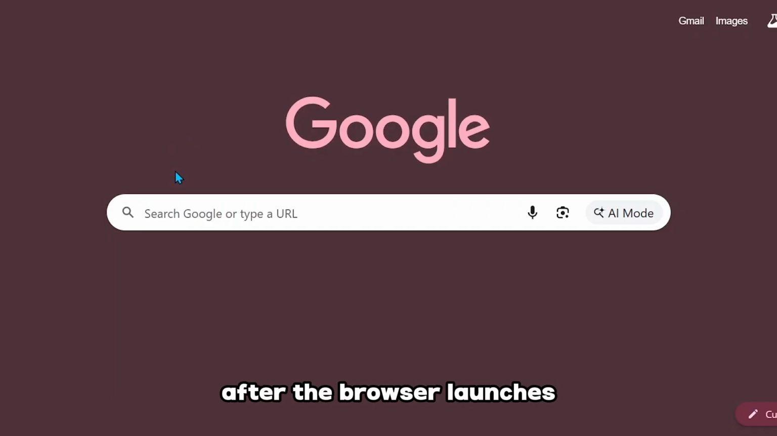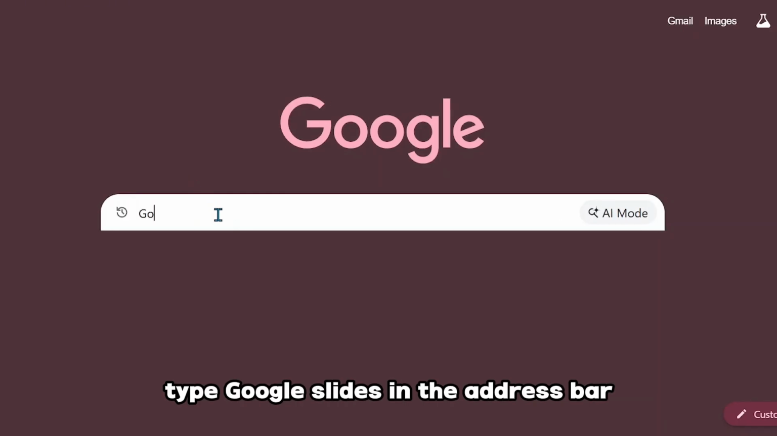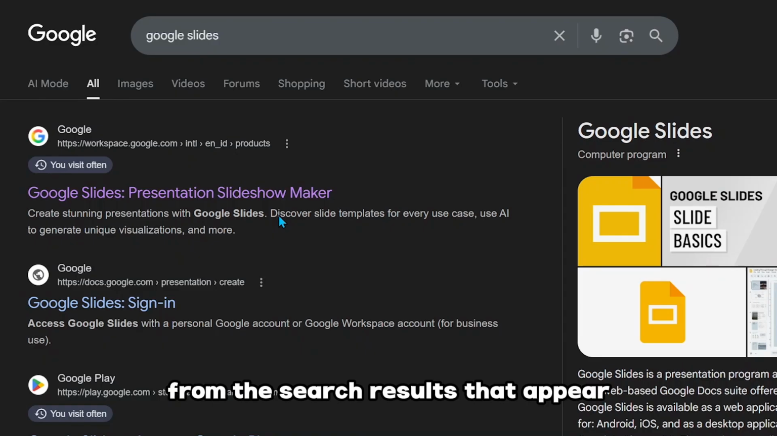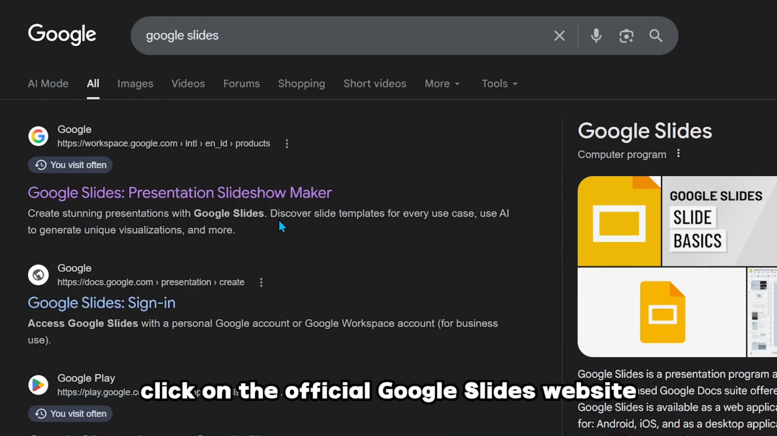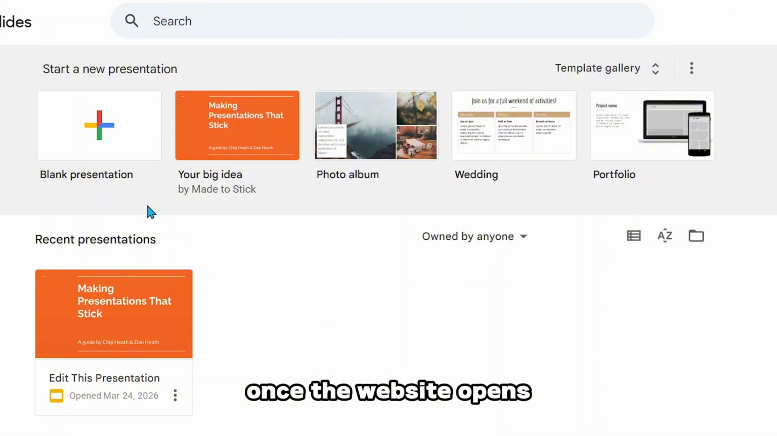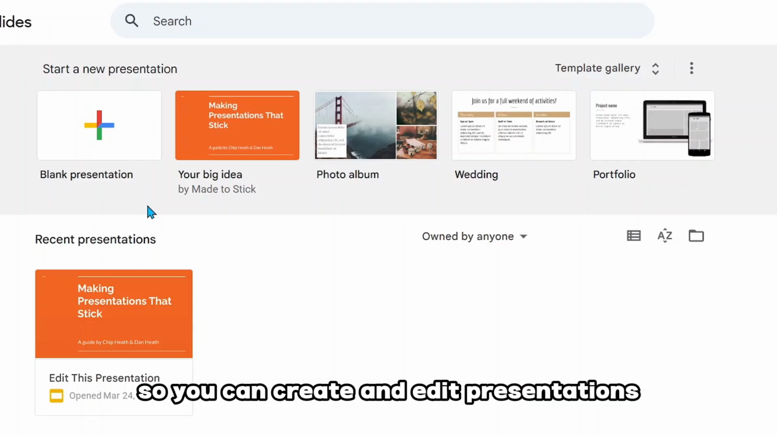After the browser launches, move your cursor to the address bar at the top of the window. Type Google Slides in the address bar and press Enter on your keyboard to search for the website. From the search results that appear, click on the official Google Slides website to ensure you are accessing the correct platform. Once the website opens, make sure you're logged into your Google account so you can create and edit presentations